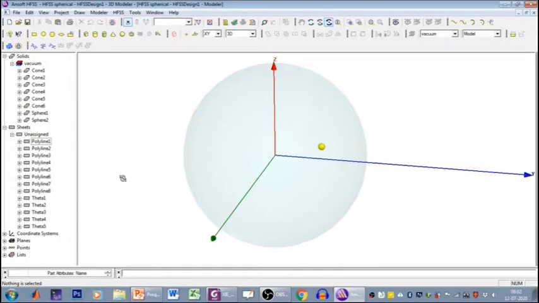So now I have brought you back into the HFSS environment. We have the same ball with the point P. Remember that our point P is always the yellow ball. Now we have already defined something called phi when we discussed our cylindrical coordinate systems. How did phi move? Phi moved from 0 degrees to 360 degrees. 0 to 2 pi is its range, and it goes as a movement of an angle.